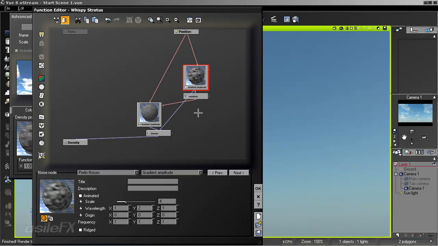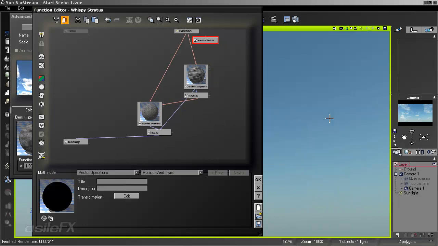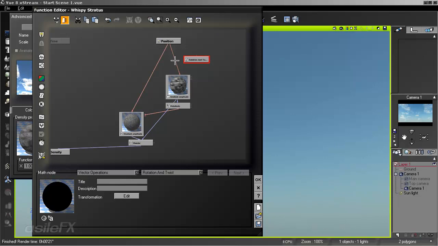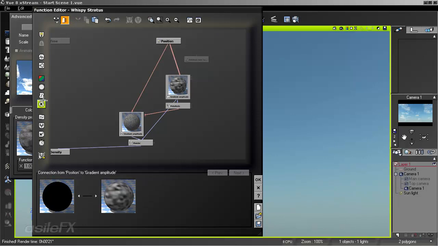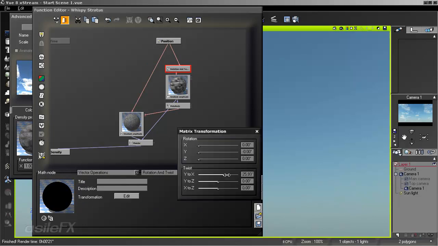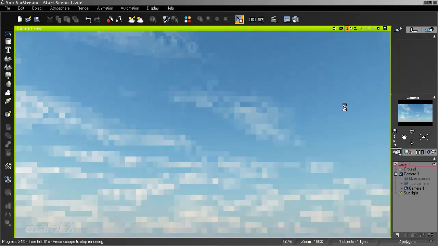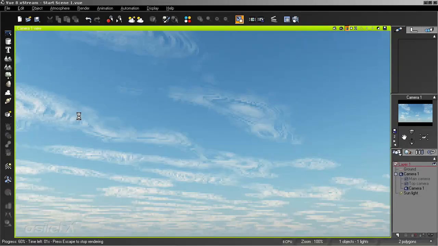Another thing you can do, which is pretty neat to help cut this away, provide a little better mix in turbulence, is to use the rotation and twist math node. So I'm going to add in math node vector operation rotation and twist. And with that selected, I can select the link between position and the gradient amplitude, and then add in a math node to add that as part of the link. We can delete the placeholder, and then we can apply a little bit of a twist on one of the axes. Using twist instead of rotation, because then we can still have basically the same position for the distortion. Close that, click OK, close them all out, and we'll start to see a little bit of a wispier cloud